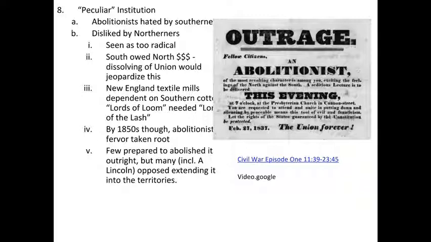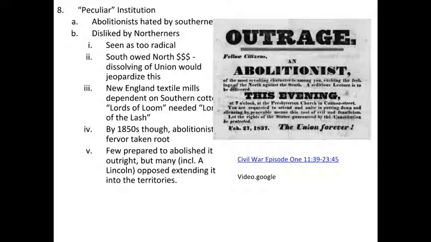The South really wanted to keep the lifestyle and the economy that they had. The North was changing in a different direction. We were starting to manufacture our own products. Manufacturing was increasing, so we were starting to see, again, even more sectionalism. New England had textile mills and was dependent on the cotton of the South. So again, the South helped the North make money too. Even though they were going in two separate directions, the North needed that cotton to create textiles, just like they were sending it overseas.